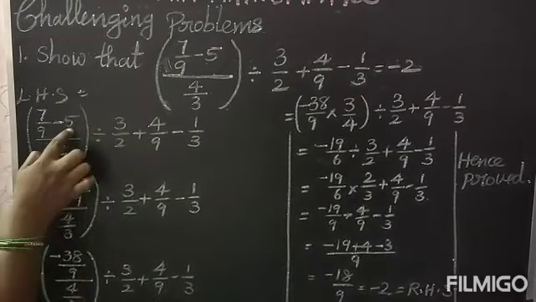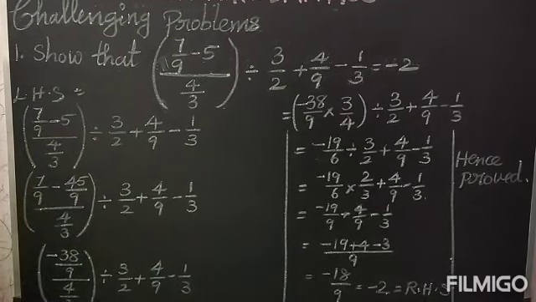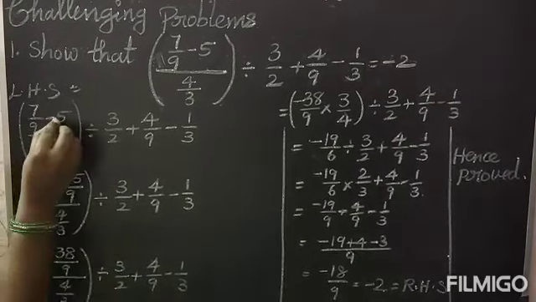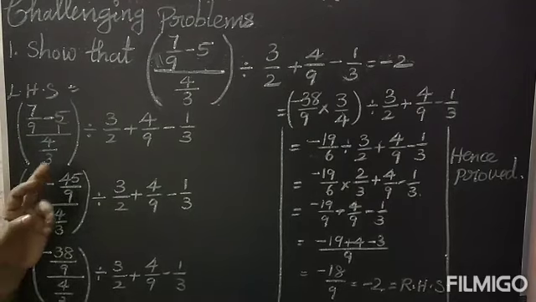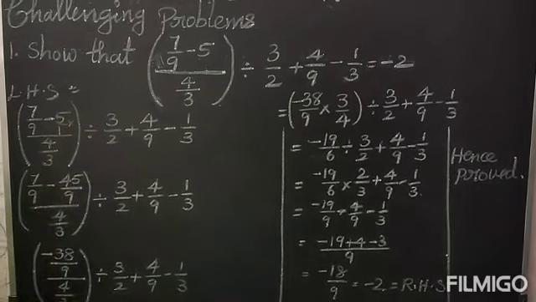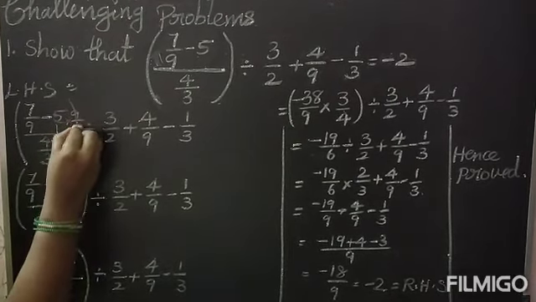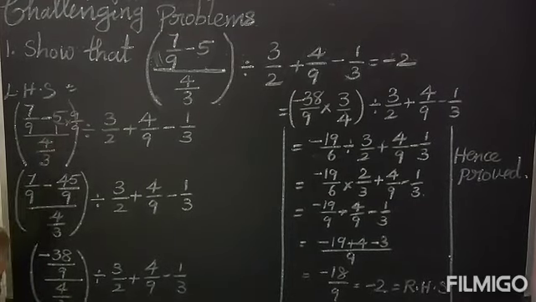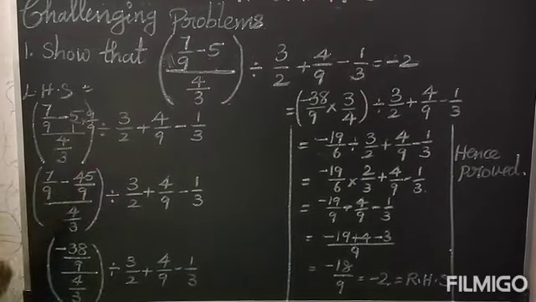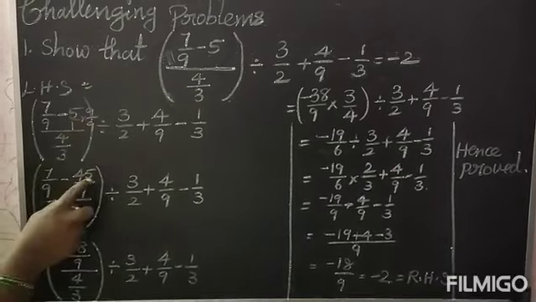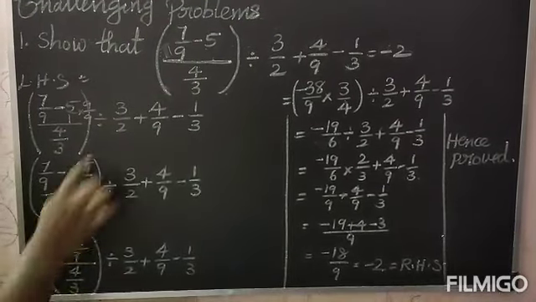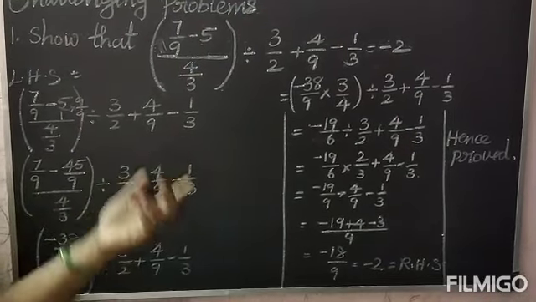Okay, 7 by 9, here you have 5. So 5 means what is the denominator here? Good, 5 divided by 1. Here you have denominator 9, so this also must become the denominator 9. So you have to multiply and divide with 9. Then only you will get 9 in the denominator. So 7 minus 5 9s are 45, 45 divided by 9. Next write 4 by 3 as it is. Write the remaining rational numbers as it is.